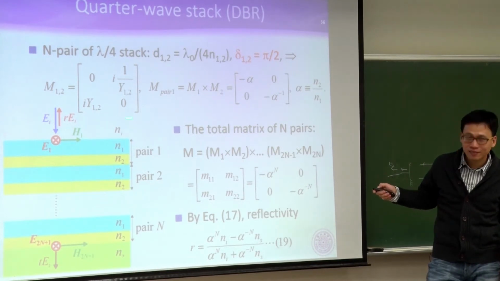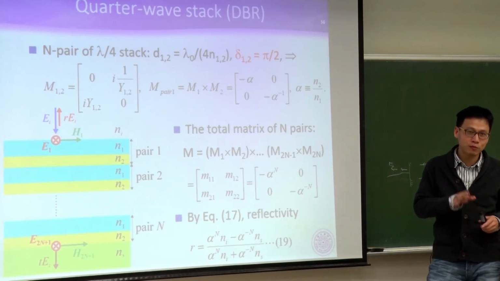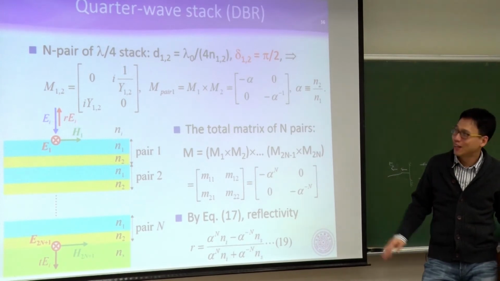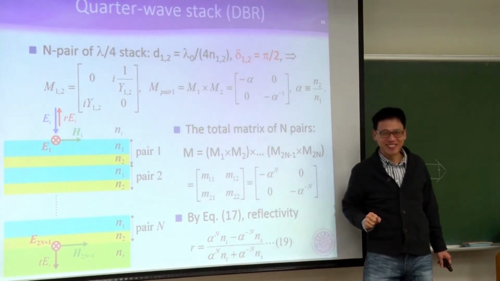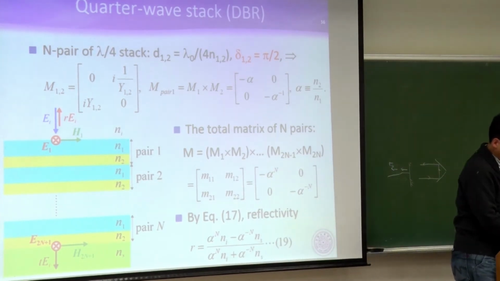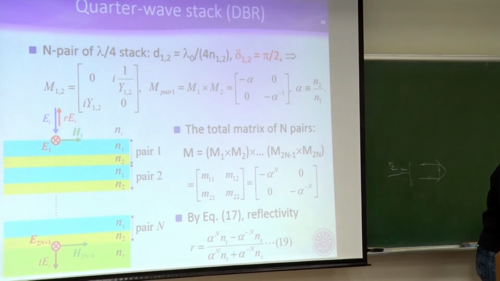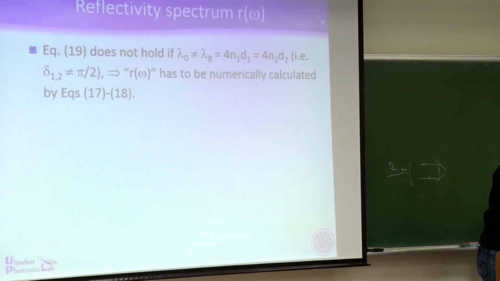Your 2 by 2 matrix, you have 4 non-zero elements. So this one will not work, this one will not work, this one will not work. Okay? 所以其实只对一个波长是这么完美的，其他波长怎么办？